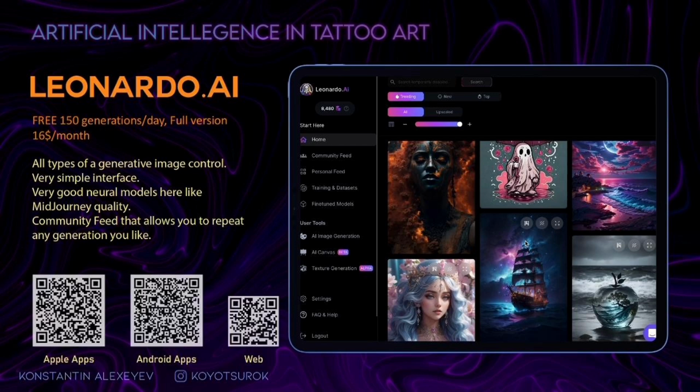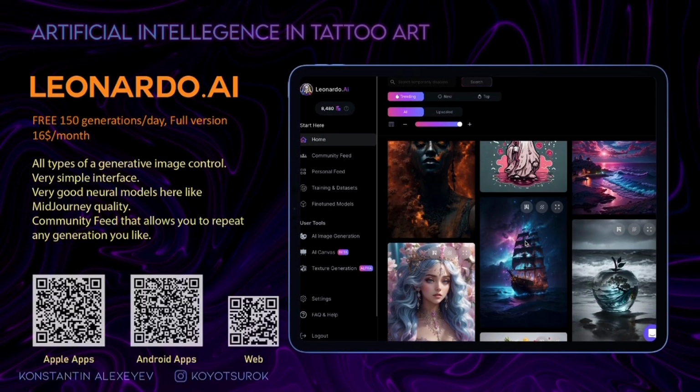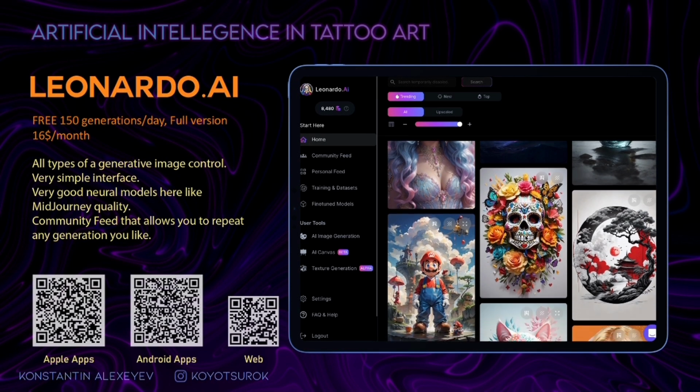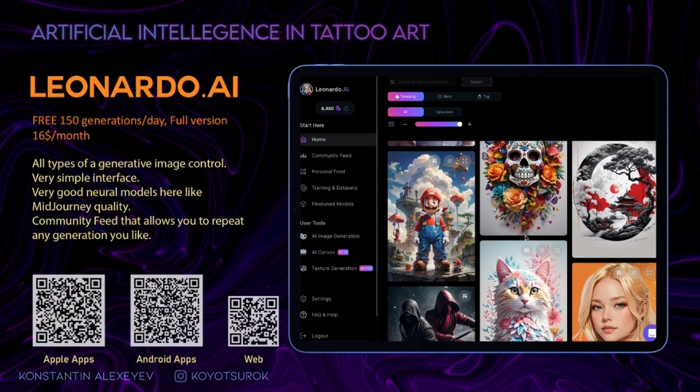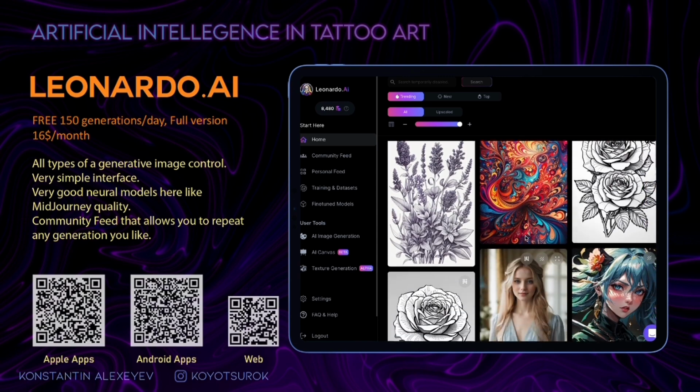Leonardo AI is an excellent service for in-depth control of generative images. You can run it on your phone or through the website, and I recommend the second option because there are some really cool features. Both ways have a very simple interface. First of all, I recommend you to check out the community feed.